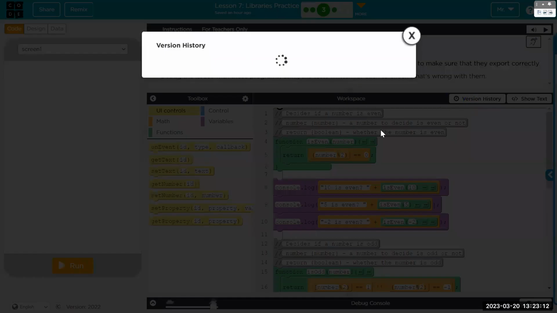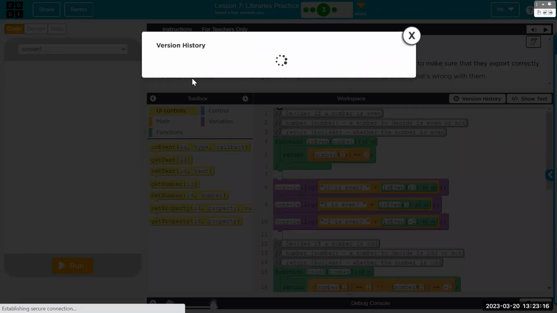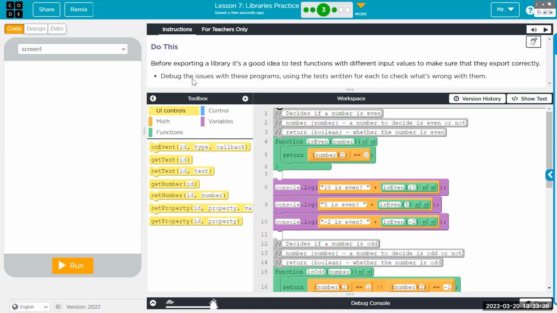Excellent. All right, so your project for this unit is going to be to create your own library of functions that you think are useful. I'll give you some examples and some suggestions, but you're going to write the functions, and that's it. The final project for this is just a set of functions. There's no interface elements, there's no image or set text or anything like that. It's just a bunch of return functions written